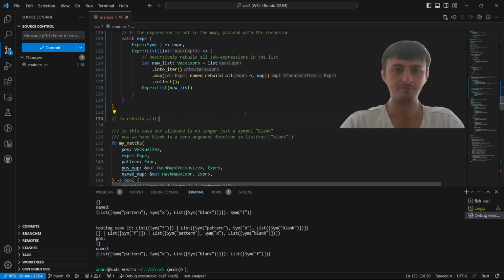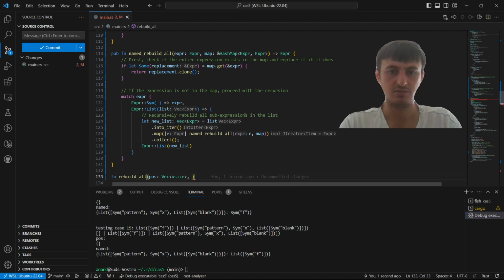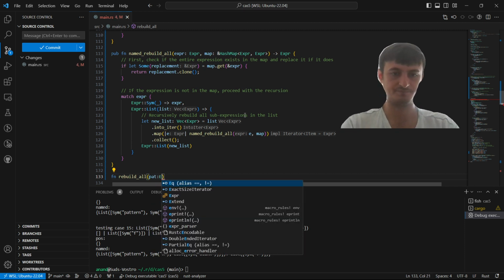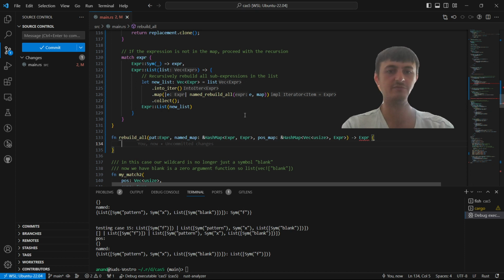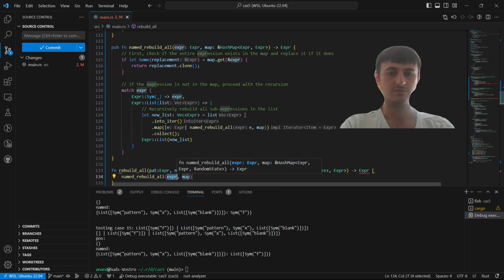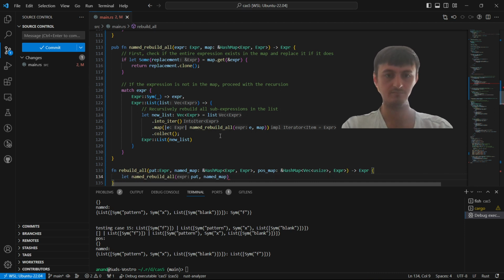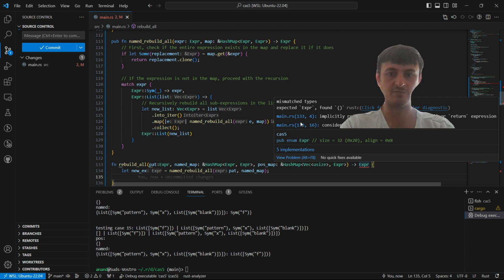okay. So this is going to take pos, or is it? I don't think this recurses, so that's fine. So this is just going to take an x, we'll call it pat for, and then a named map, and a pos map. Oh, and so it doesn't matter which order, I think. So we'll just do, and then we're just going to return